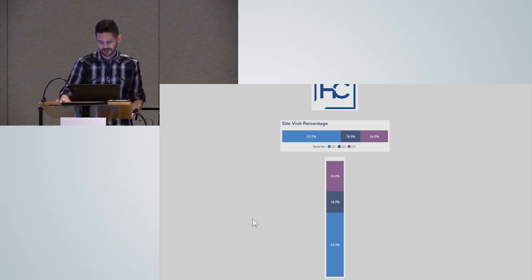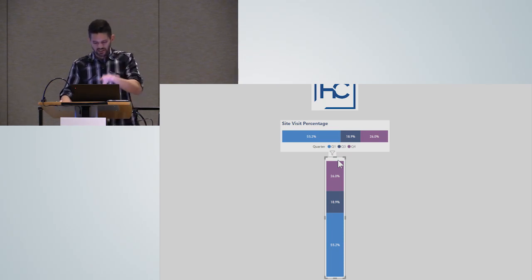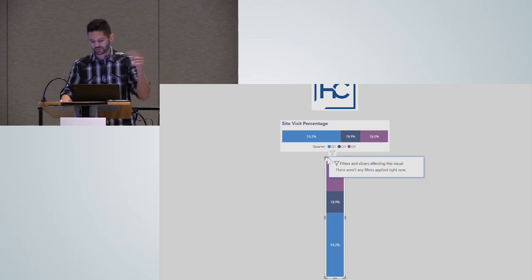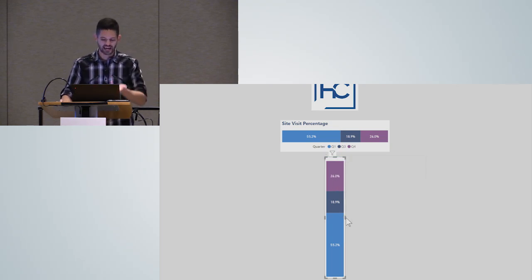Yeah, so this is, I don't have time to actually demo it. I will be doing a video on this in a couple of weeks, but by adjusting the width and a few other settings in the formatting settings and turning off the axes, you can create a progress bar like this just with a stacked column chart.